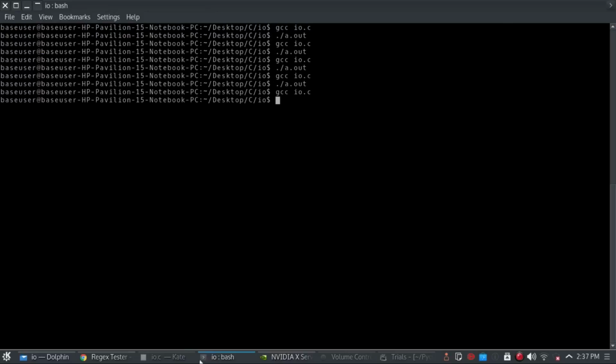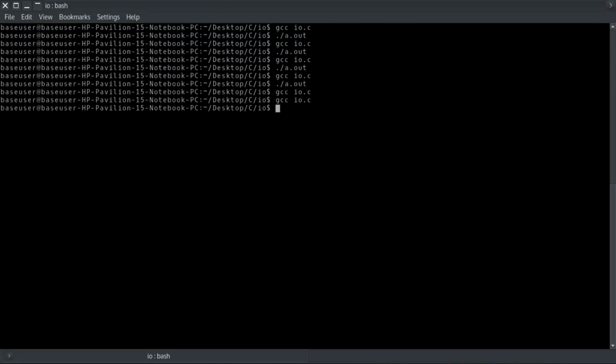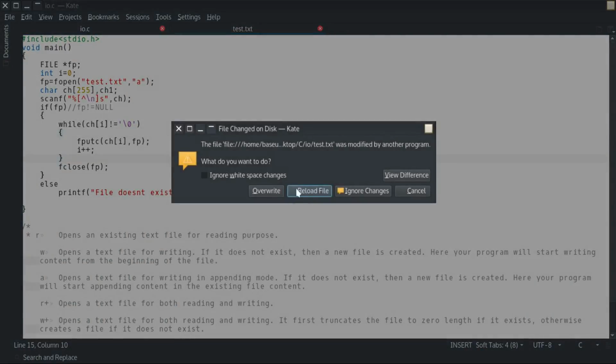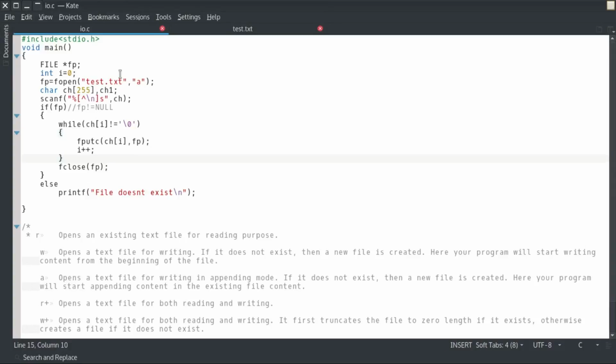I did something and it didn't ask me for the input, maybe I pressed something wrong. Okay, now I compile this and it's asking me for the input: a b c d e f g h i j k l m n o p q r s t u v w x y z. So I input that, and now you'll see that when I reload the file, since I opened the file in append mode